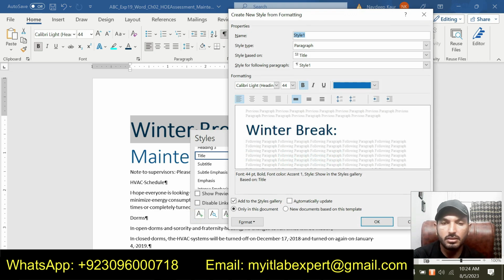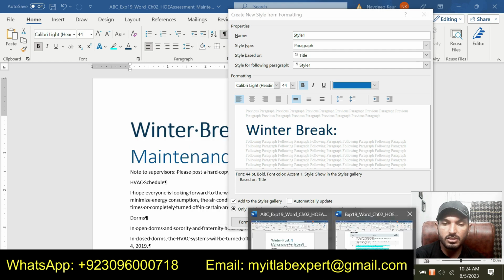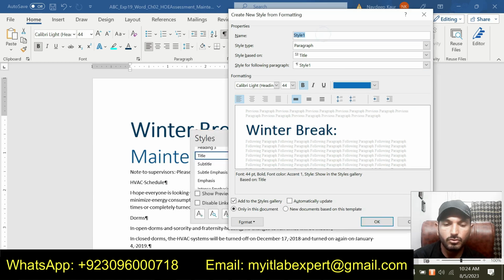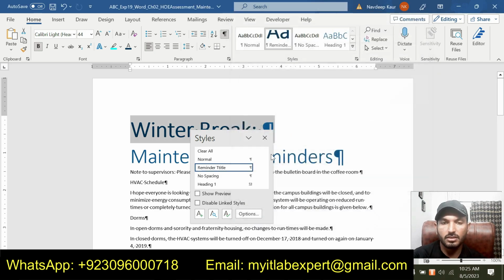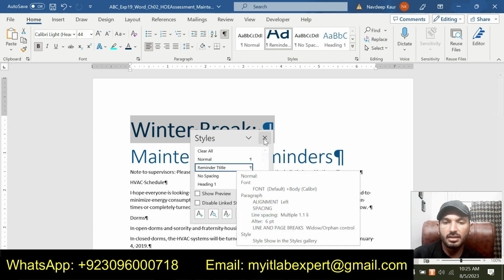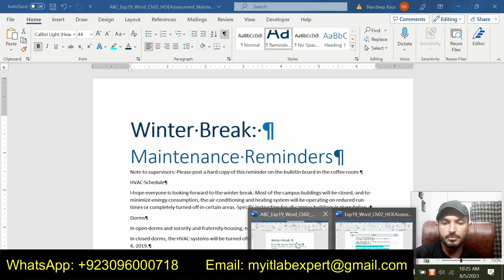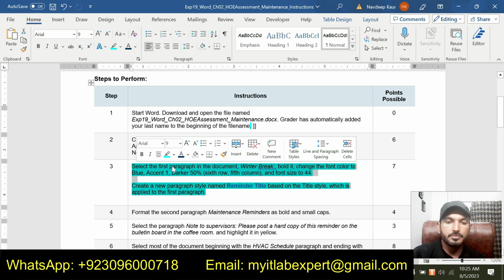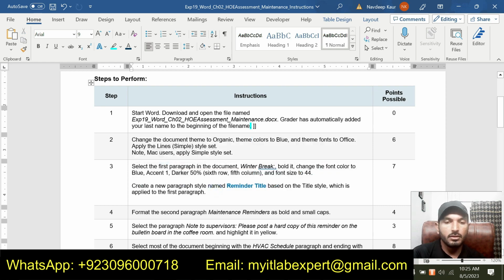We give the name according to the instruction, Reminder Title, and click OK. You can see that we have created a new style, Reminder Title, and now just close it. That is all required in step number 3. So we have solved step number 3 as well. Now we will move to the next step, step number 4.